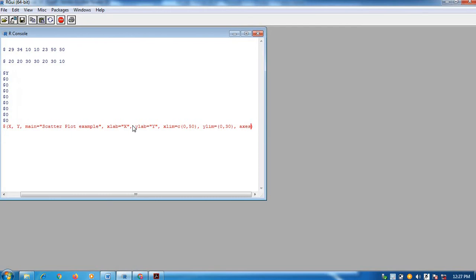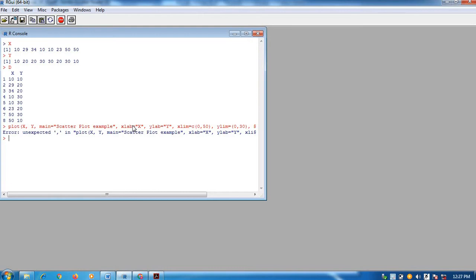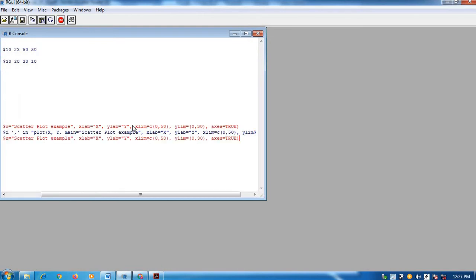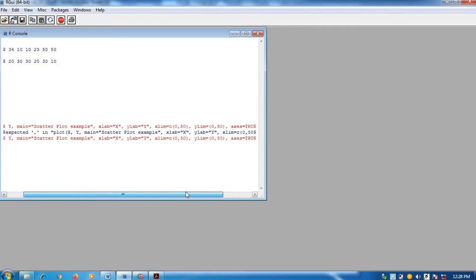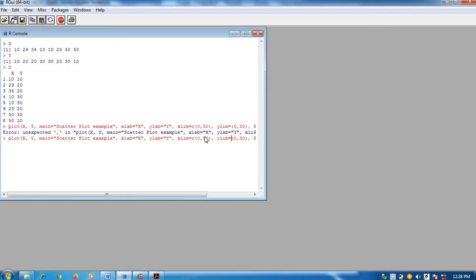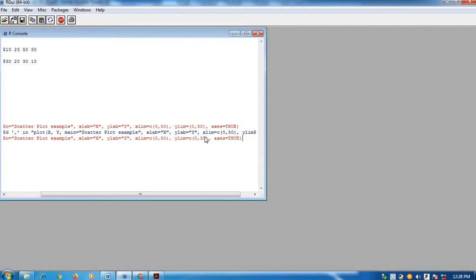And then here there is one more parameter, axis. So here axis means if it is true then what happens, and if it is false then what happens. We'll see both the things. Now somewhere something is wrong. So what error is it showing, just check. Unexpected comma in plot. Okay, where is it, comma, C. Yes, one C is missing here for vector representation. I have just written the limit but not written the vector representation.